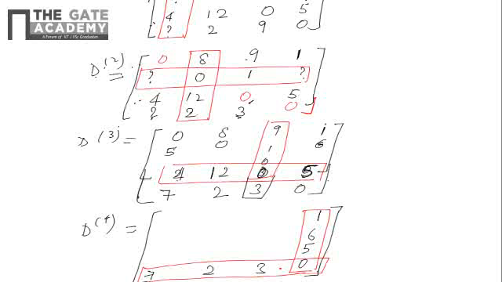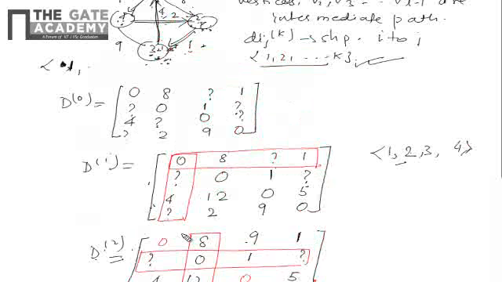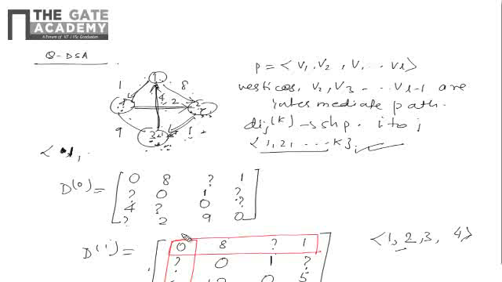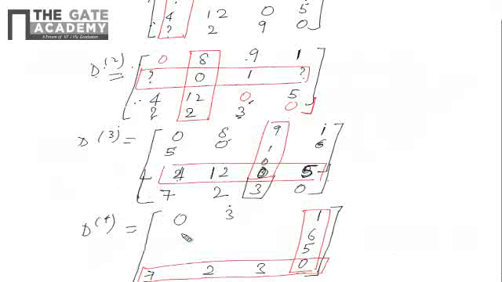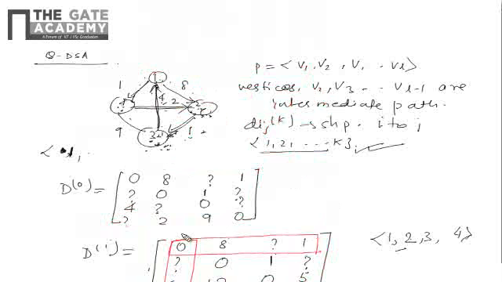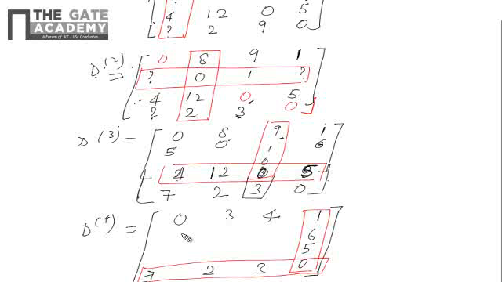Fine. So now check for the other values. Keep on checking. So this will be 0. Now check 1 comma 2, where now in the set 4 has also come, whether you can get a smaller value. See, it was 8, now 4 is already there, so 1 plus 2, so you can get 3 over here. Then 1 comma 3, initially it is 9, so a smaller value you can get through 1 comma 2, this value 1 plus 2 plus 1, right? 1 plus 2 is 3, 3 plus 1 is 4. So this will be 4. Fine, so this will be 5 and 0 1, this will be the same. Now this value 4 will be the same.